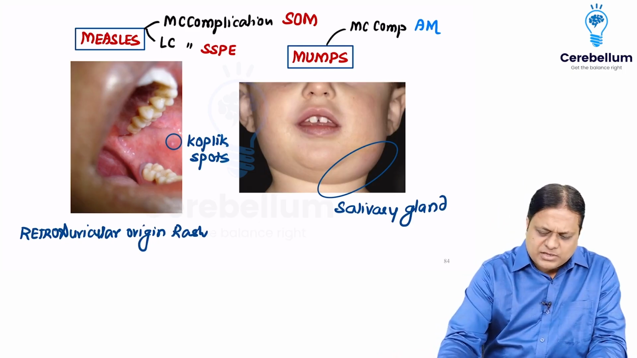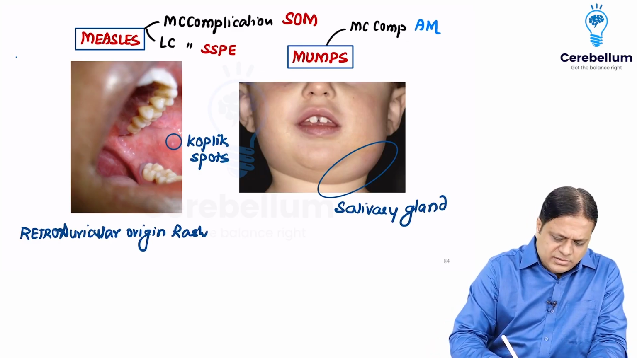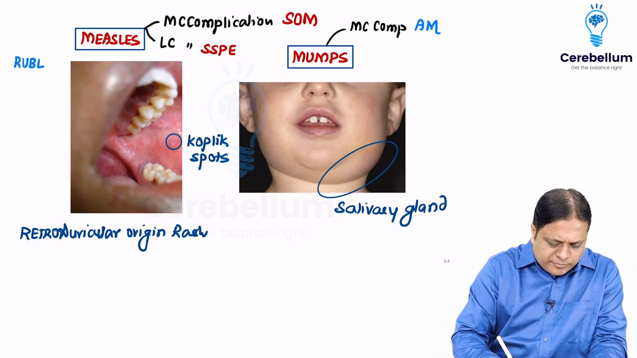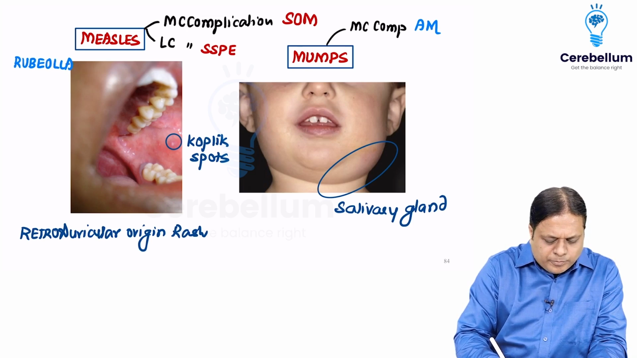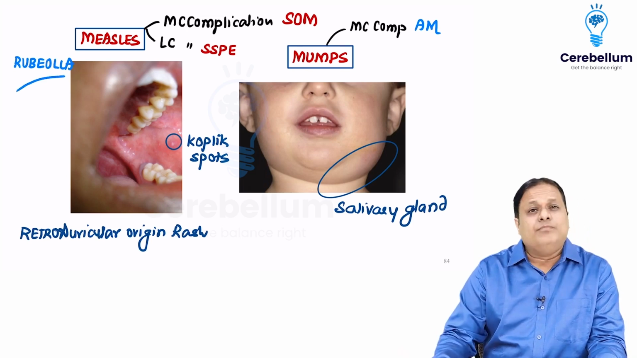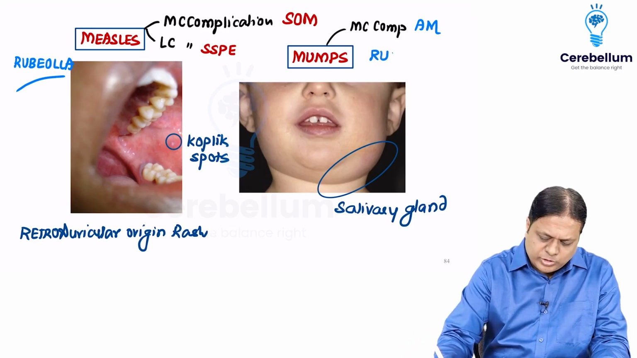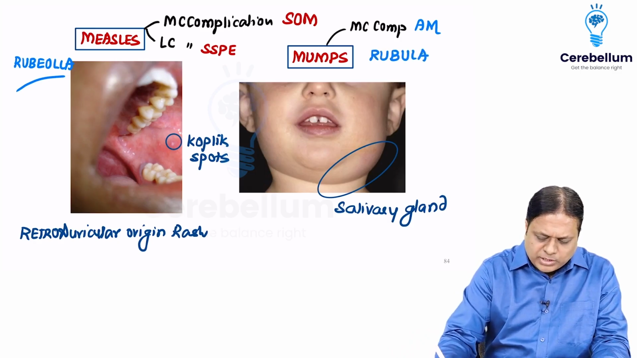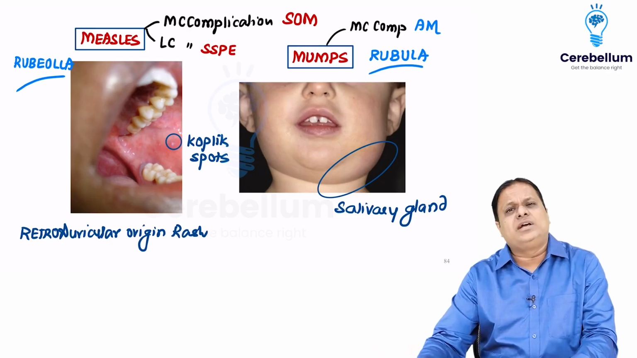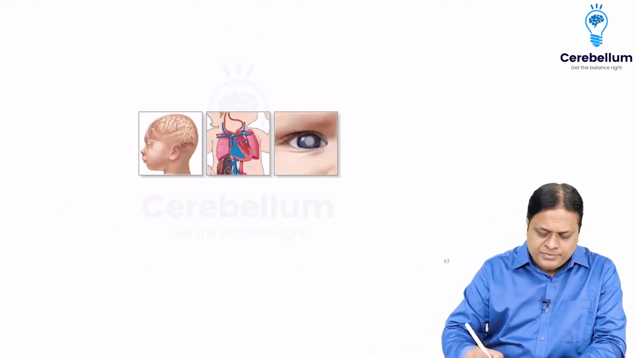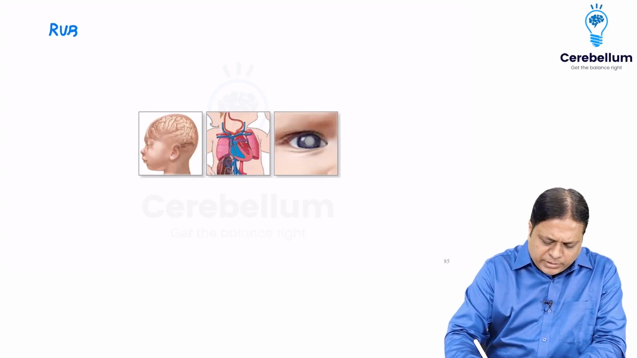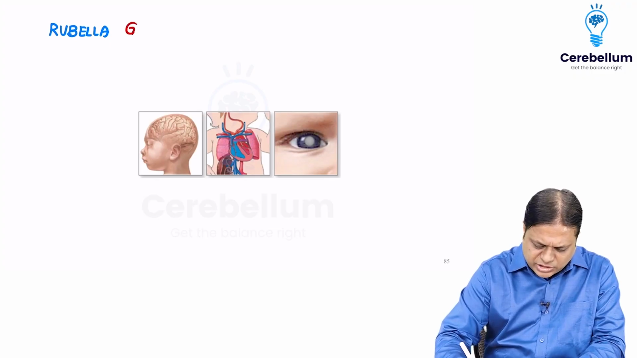Now, measles we call as rubeola. Mumps we call as epidemic parotitis. We have their third counterpart, rubella. So, when we look at rubella, also known as German measles,